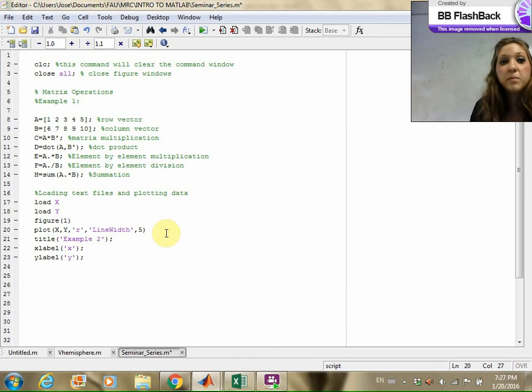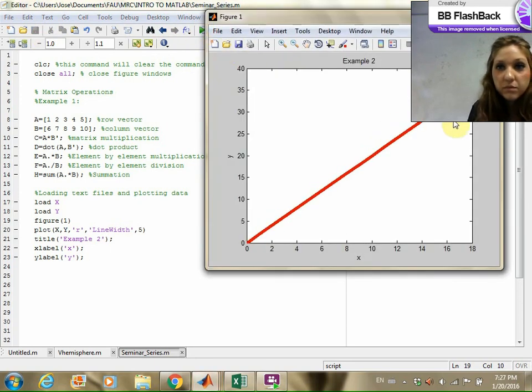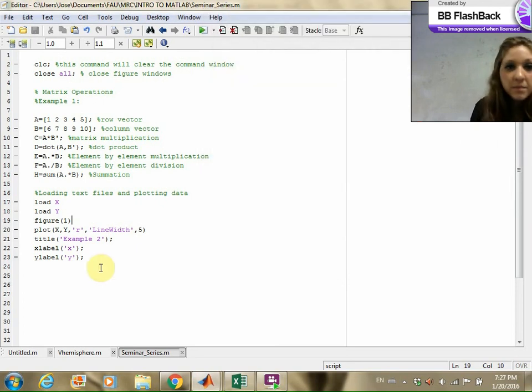But if you had multiples and maybe you wanted them to be different sizes for some reason, you would do it after each. Or you could just have one statement saying line width, comma 5 at the end. And it would change all of the lines that you have on your plot. So there we go. So that's a thicker line. And it's in red. And if we want to change it to, for example, blue diamonds,